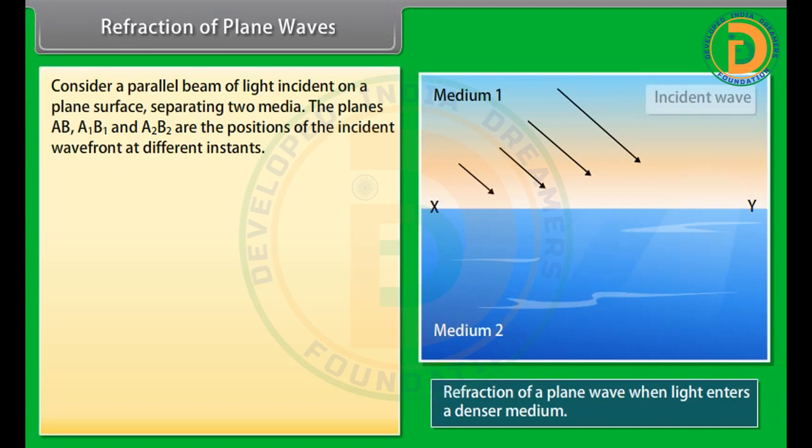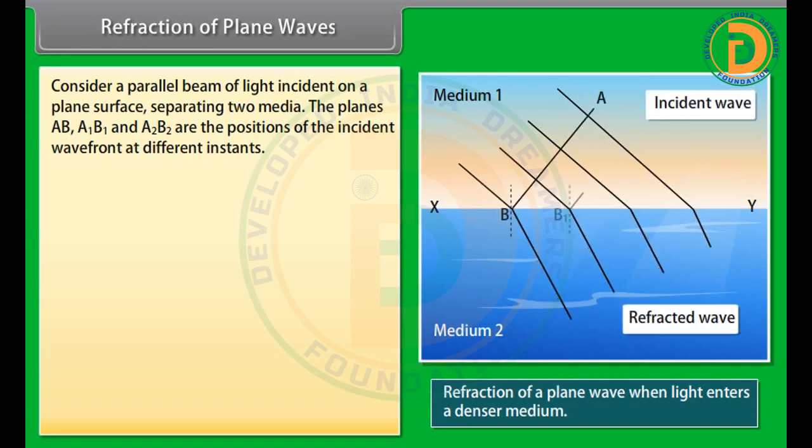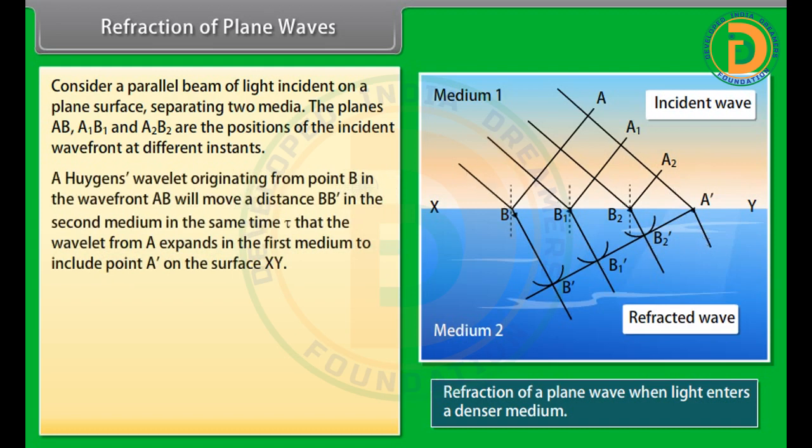Refraction of plane waves. Consider a parallel beam of light incident on a plane surface separating two media. The planes AB, A1B1 and A2B2 are the positions of the incident wavefront at different instants. A Huygens wavelet originating from point B in the wavefront AB will move a distance BB' in the second medium in the same time that the wavelet from A expands in the first medium to include point A' on the